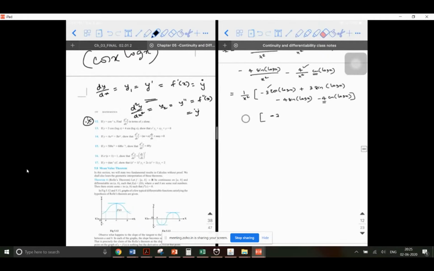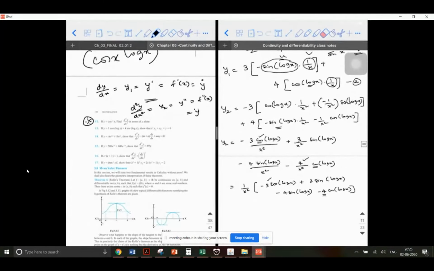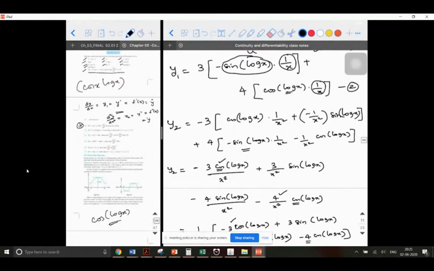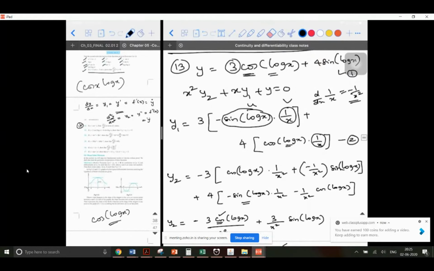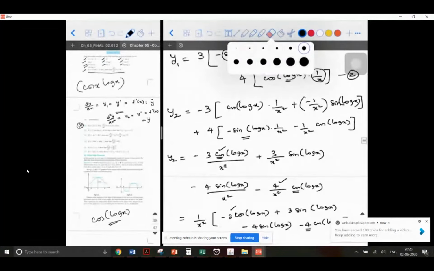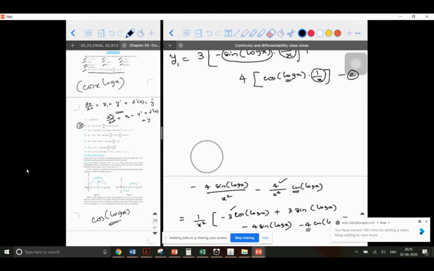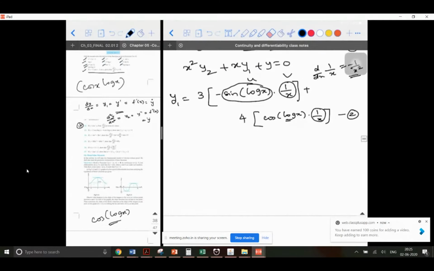I thought maybe where you found y1, you want to take the x to the other side. You can take 1 by x outside, and then you can put the x to the other side, so you get xy1. And then over here, you can put the x squared to the other side, so you get x squared y2. And then you add that with y. Then this method didn't work, it went long. Okay. So what she's trying to say is,